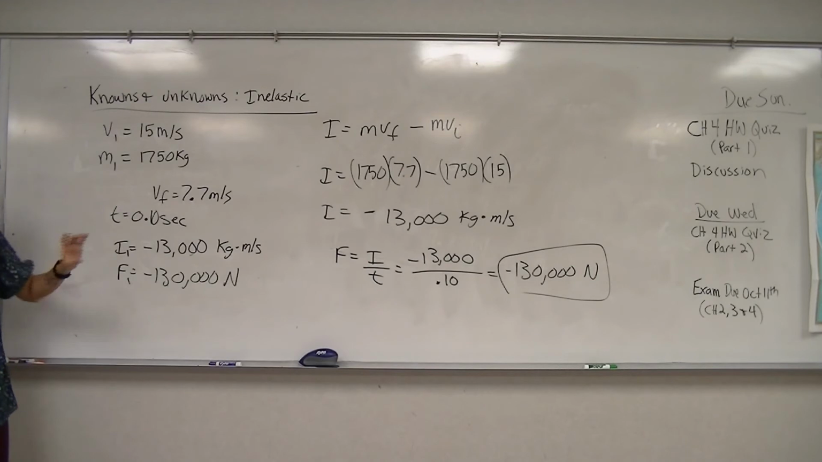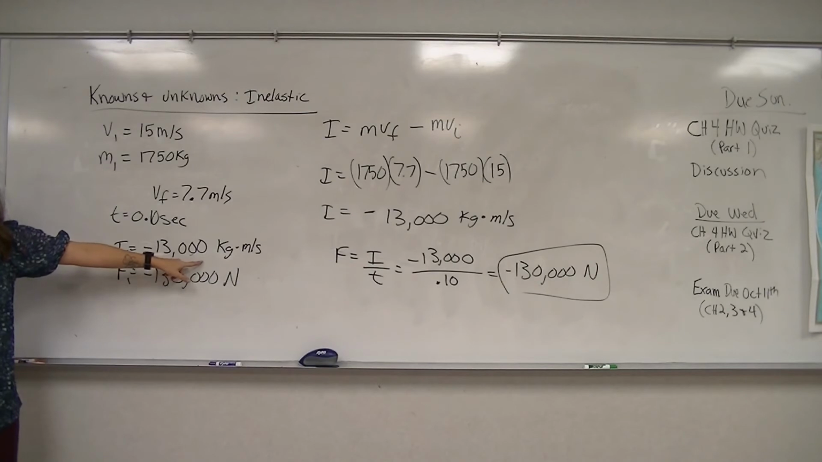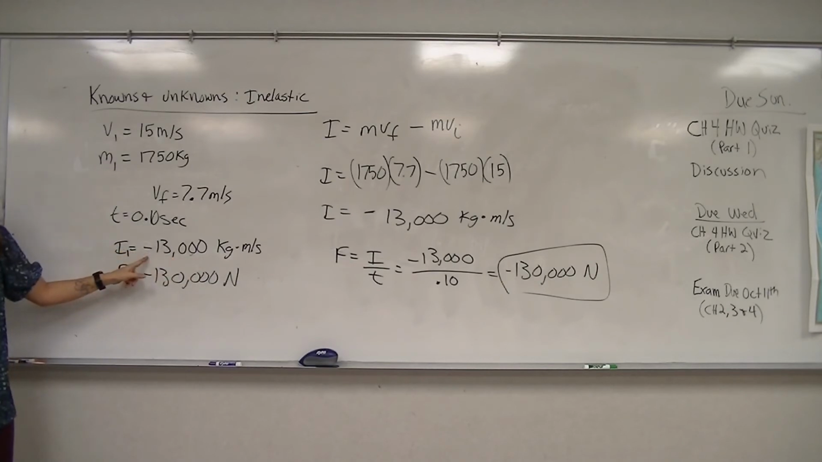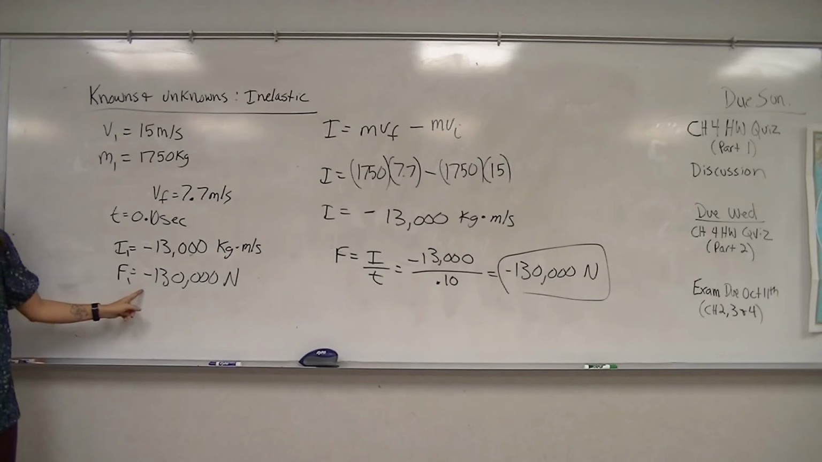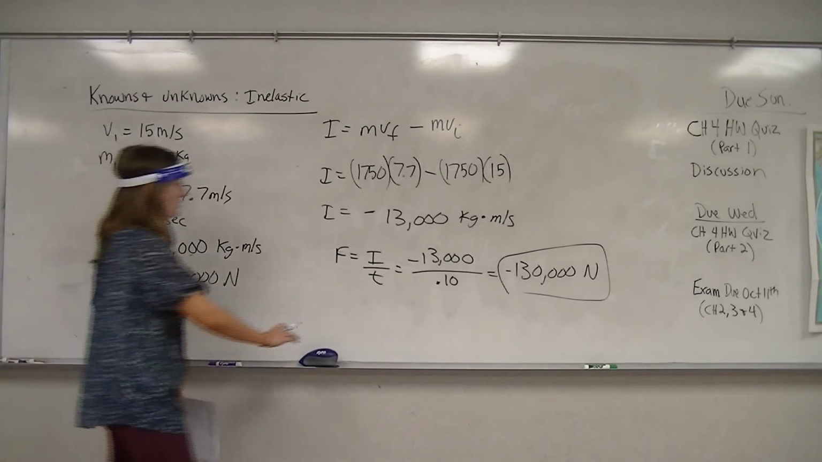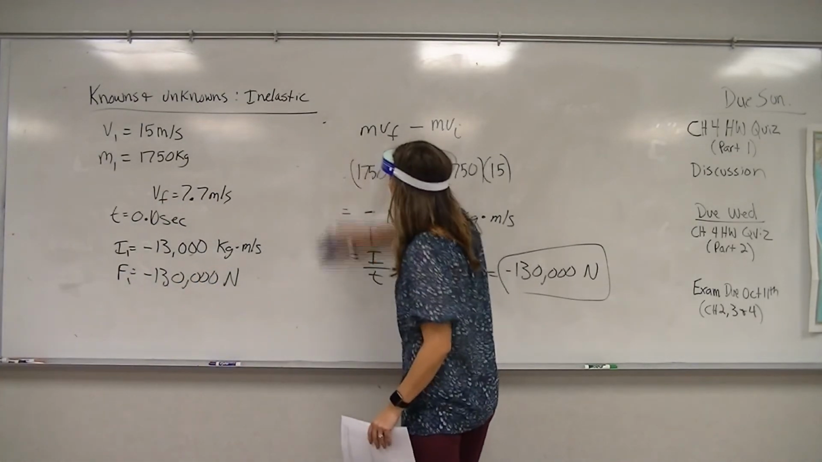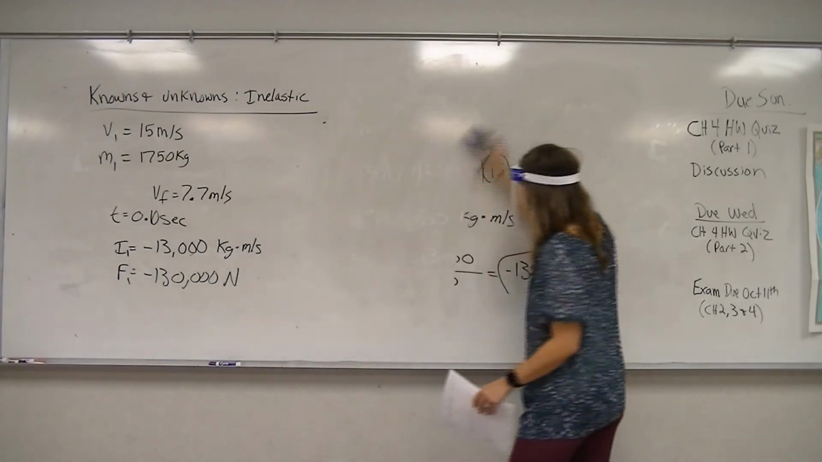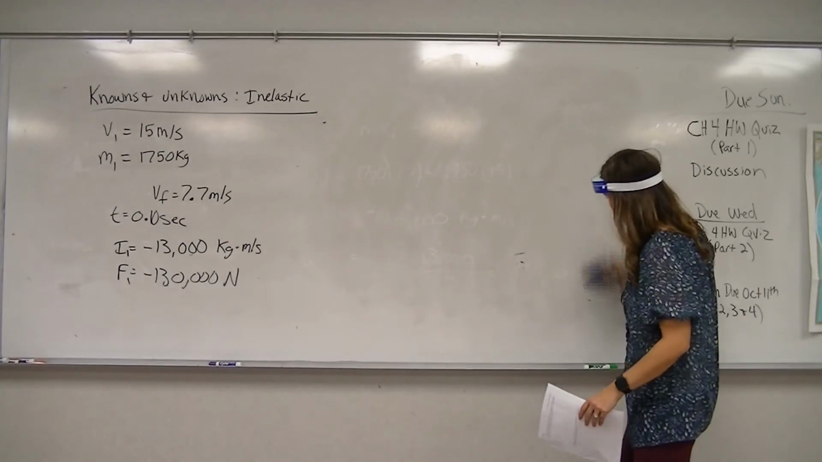So you can bet money that when we calculate car 2, its impulse is going to be the same magnitude, so the same number, but a different sign, opposite. Same with force, same number, opposite sign. We'll see a positive 130,000 newtons because Newton's third law is true. For every action, there's an equal and opposite reaction. This applies to force as well. So let's